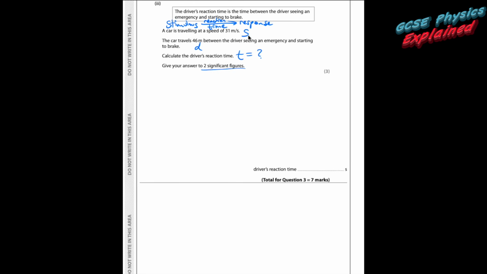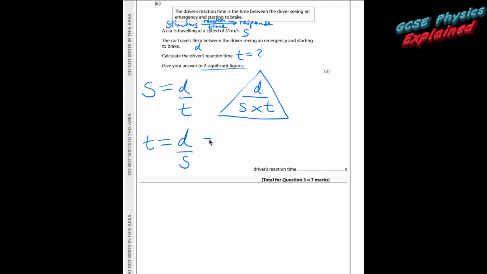So what formula do we know that relates speed, distance and time? Speed equals distance divided by time. We're after the time, so let's rearrange that using a magic triangle. Distance would go on the top because it's on the top out here, and then speed times by time. Cover up time, what are we left with? Distance divided by speed. So time equals distance divided by speed. Let's pop the numbers in. The distance was 46 metres. The speed was 31 metres per second. And that comes out as